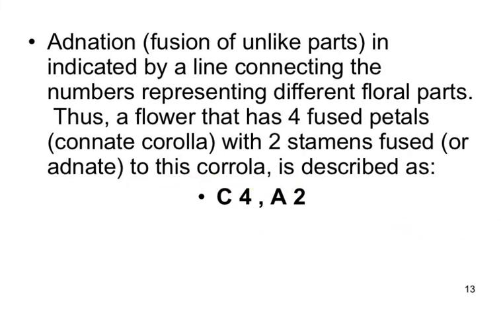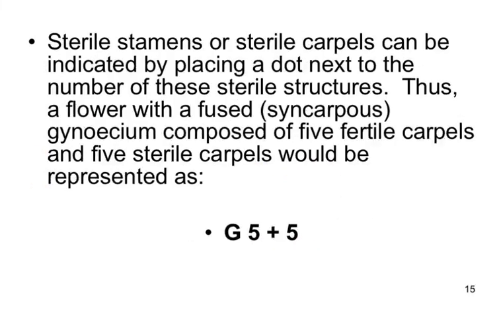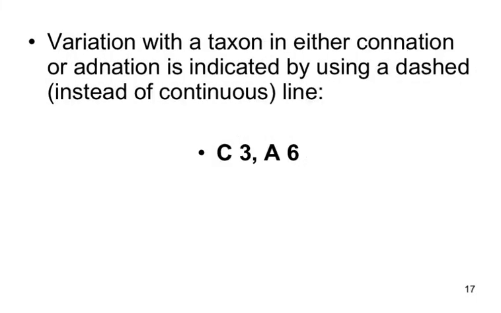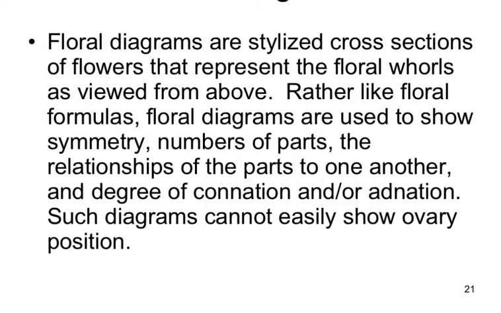So adnation, or fusion of dissimilar parts, is represented by drawing a line on the top of the fused parts, whether it is calyx or corolla or androecium, whatever may be the case. And this portion we will discuss later. What is the modified type of inflorescence, that we can discuss later. Okay, so these are the basic things you should know, and the remaining topic, whenever an instance comes,